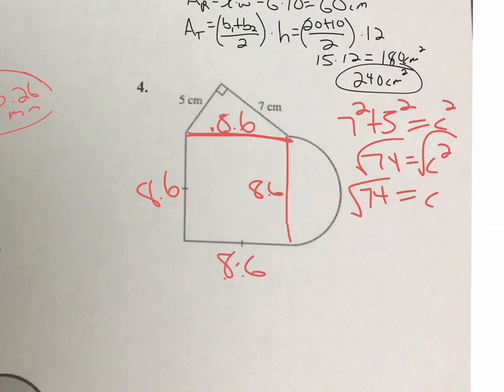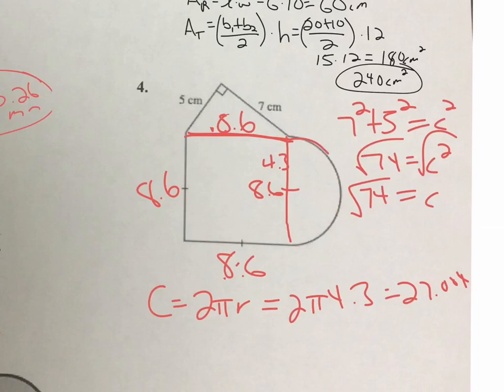Okay, and then we still have to find, so I have this side, I have this side, I have this side, but all I have to do now is find this side right here, this circle. So I know circumference, because we're finding a length, so that'd be 2 pi r. My radius is half of 8.6 because 8.6 is the whole thing. My radius is 4.3. So we're going to type in 2 times pi times 4.3 to get your circumference, or that length around. 3.14 times 4.3. That gives you